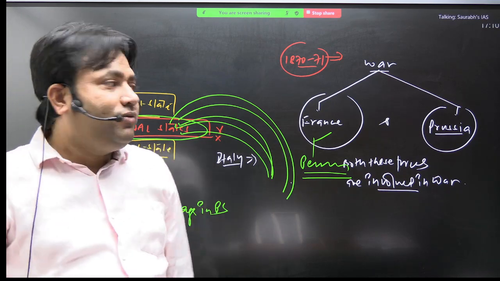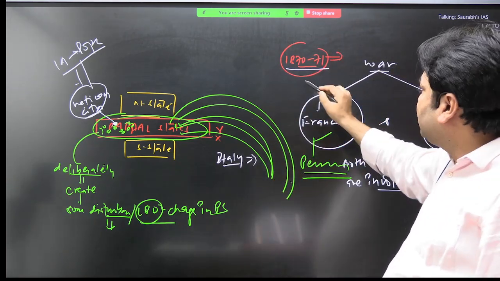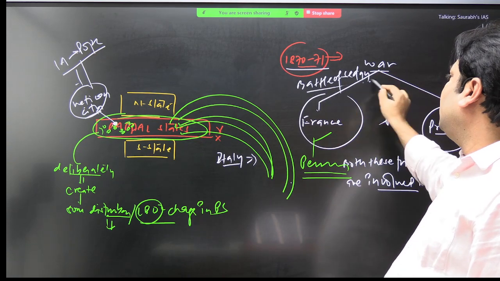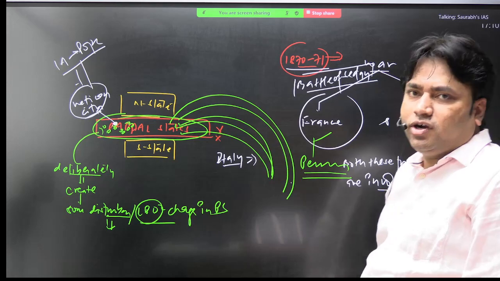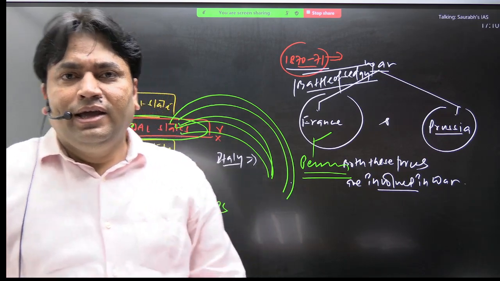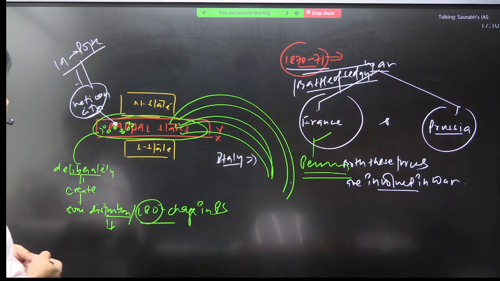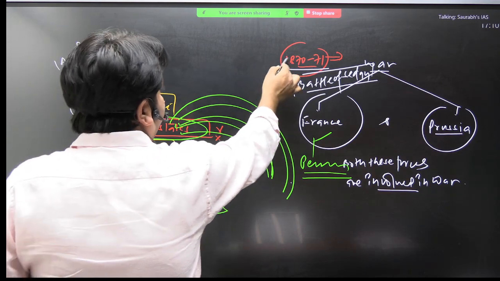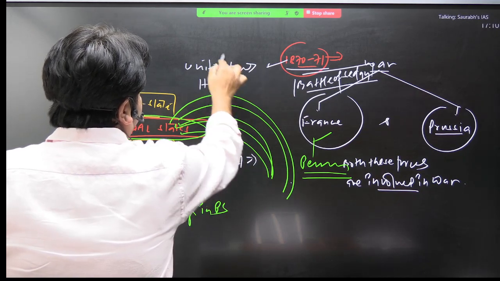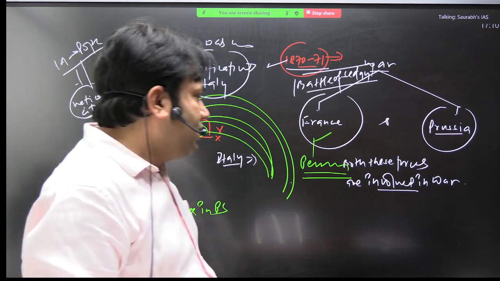So in this way, what we see is that this war was fought in the year 1870-71 and this battle is known as Battle of Sedan. जर्मनी वाले टॉपिक में ये डिटेल में आपको मैं बताऊंगा. This war is known as Battle of Sedan. So Battle of Sedan did what? Completed the process of task of unification of Italy. ठीक है, ये लड़ाई हुई थी फ्रांस और प्रशा के बीच में, but it completed the process of unification of Italy. So what we see here is that in 1871, the task of unification of Italy was completed.